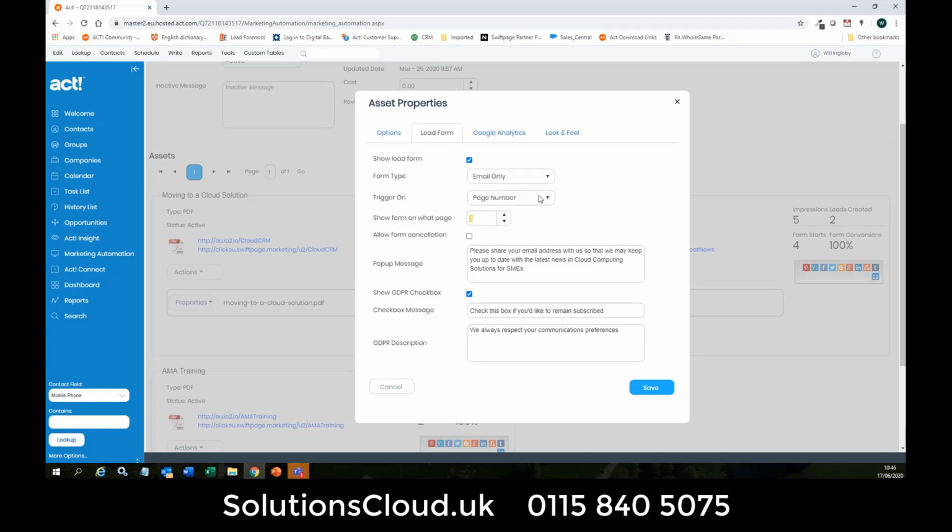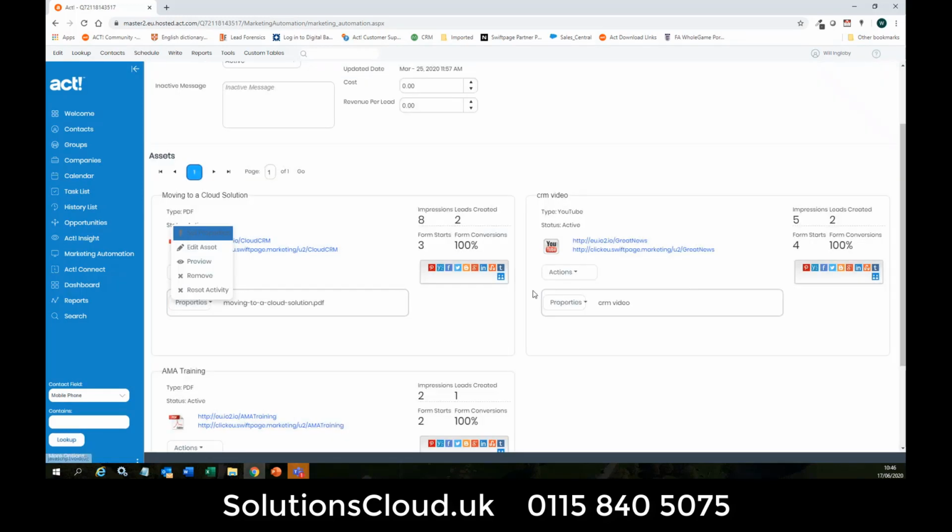more information. It might not be a page number, it might be time. You might say when they've been reading the thing for more than 10 seconds, pop a form to ask them for further information. When that form appears, you can allow them to just dismiss that form and carry on reading if you want to, or you can structure it so that if they don't then complete the form, they're denied access to the remainder of the PDF. So quite a lot of controls you can place around that. Let me just show you what that